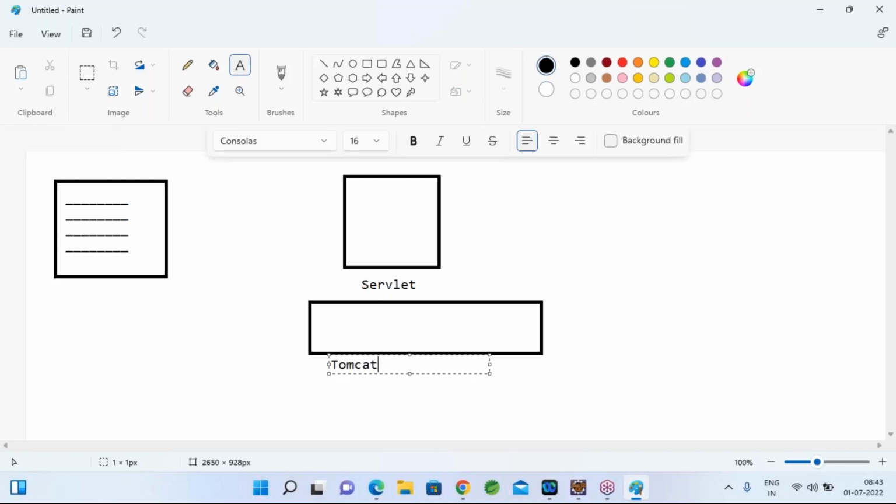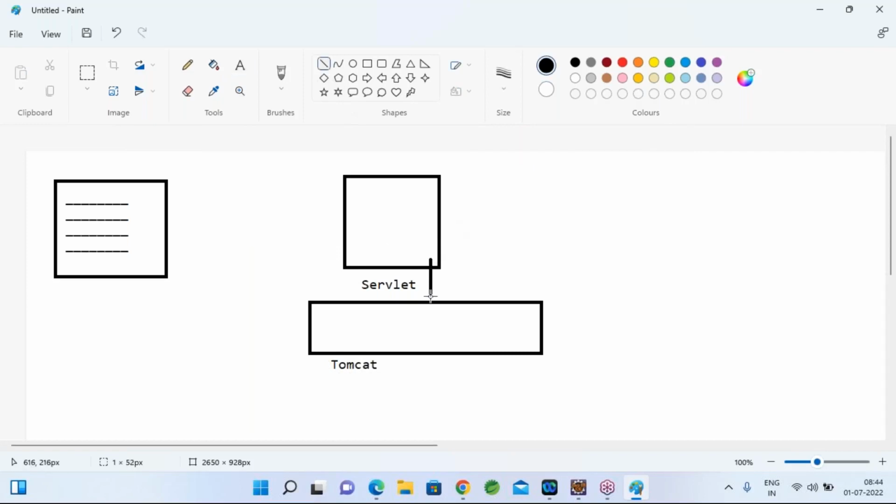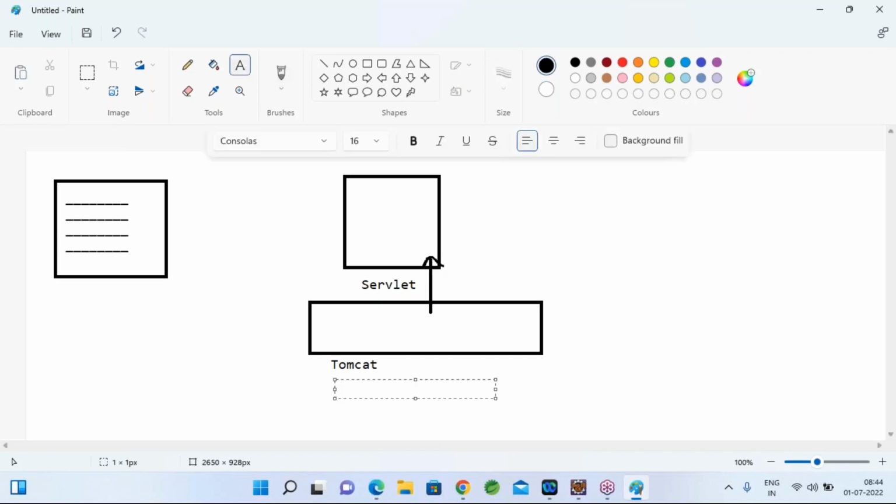So when we deploy our application, the Tomcat container will read your servlet class and it will instantiate it. It will create an object for your servlet. Servlet class objects will be created by Tomcat. What will Tomcat do? First step, it will read the web.xml file. There is a web.xml configuration file we will create in servlets. It will read the web.xml file, and as a second step, the Tomcat container will create